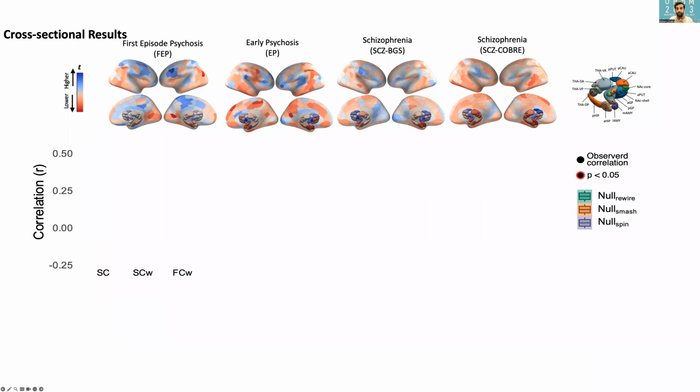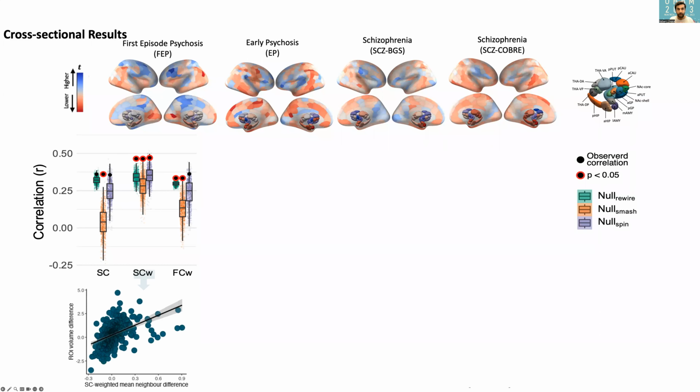And for each of the 3 models, the null distributions of the correlations are given with 3 colors. And the observed correlation, which is what we care about, is highlighted in a black dot and a red circle if it beats 95% of null distribution and is significant. And what we find in our first episode sample is that the model that gives us the strongest correlation is the one where the volume of the neighbors was weighted by the strength of structural connectivity. And this was almost 0.5 and much better than that of the other 2 models, which were not weighted or